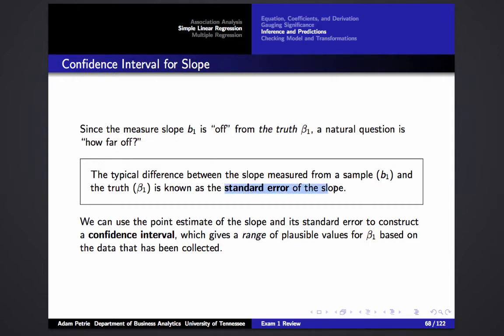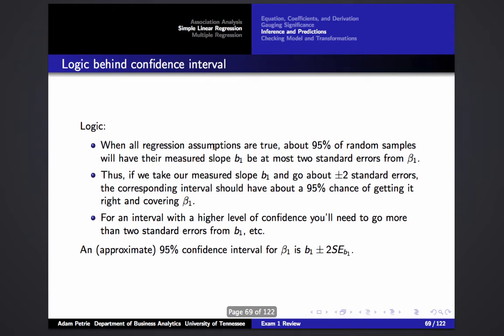So that standard error of the slope, which we mentioned a little while ago, gives us a measure for how far off our estimated slope from the sample is likely to be from the truth, beta 1. And so we use this information to come up with a confidence interval, essentially a range of plausible values for the truth based on the data that we've collected. And the logic behind this was as follows. It turns out, and you can see this with the simulation, that for about 95% of random samples, their slopes